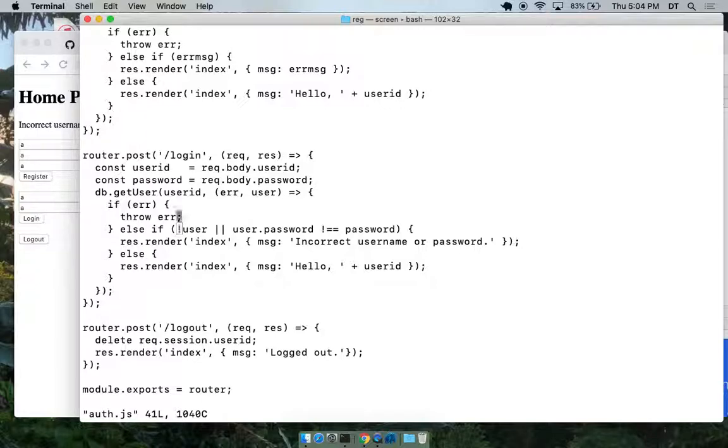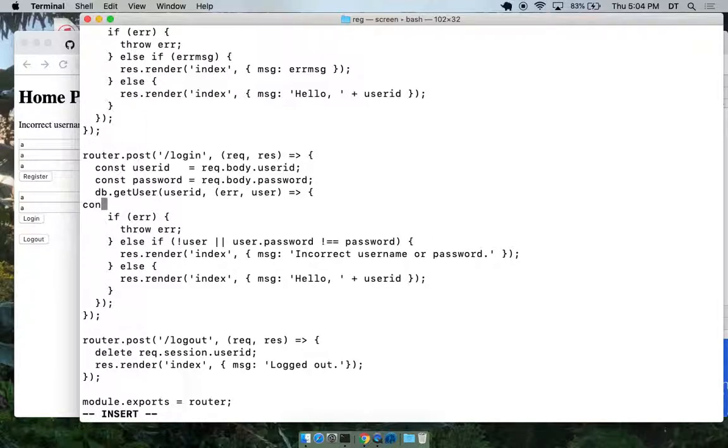So we do get user. This is post, and I'm going to say get user. So this is the user. So do this. console.log. I'm just going to print the user.